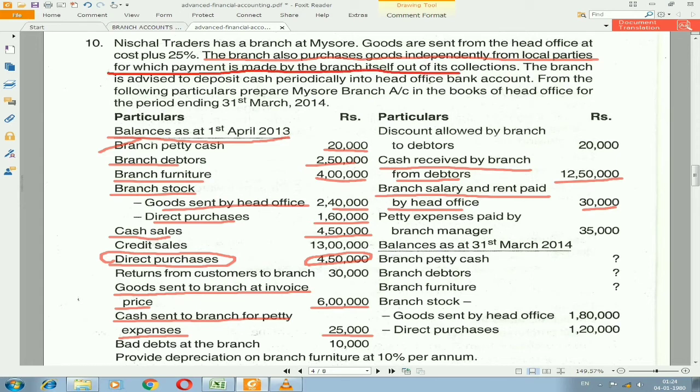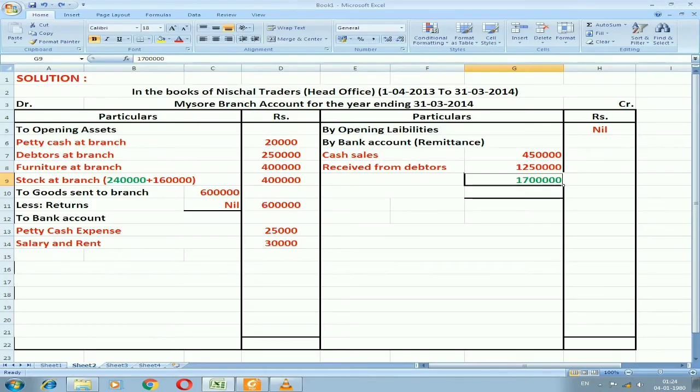Whatever income they have received, from that income we need to deduct this direct purchase made independently with the local parties. That is, the total income 17 lakhs, from that we need to deduct 4,50,000. Totally we will get